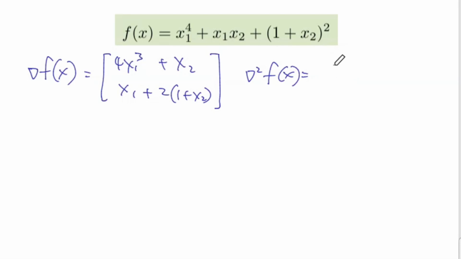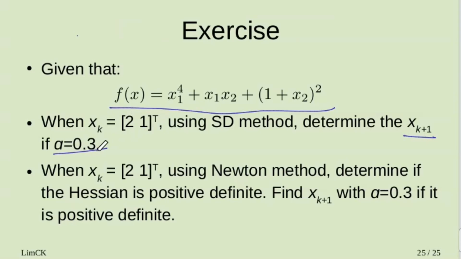So for s1 I have 12 s1 squared, and then 0 here. For s2 I have 1, because of this derivative I have 1, and this one 1 as well. This one we derive as 2, so you have 2. This is the Hessian. So you see, to find the next point, sk plus 1, using the